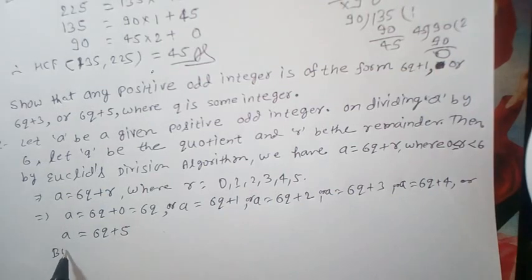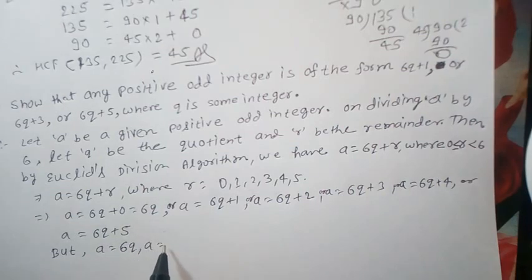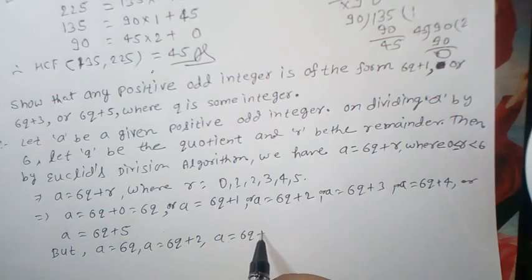But a is equal to 6q, 6q plus 2, 6q plus 4